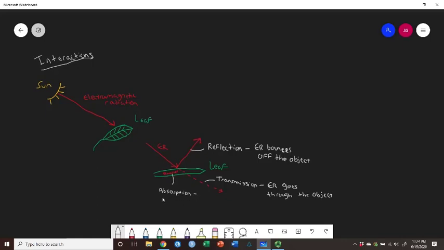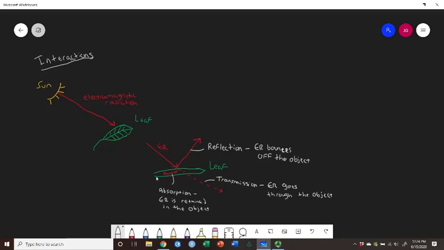In absorption, the ER is retained in the object. So rather than bouncing off, rather than going through, the ER is simply stored in the object